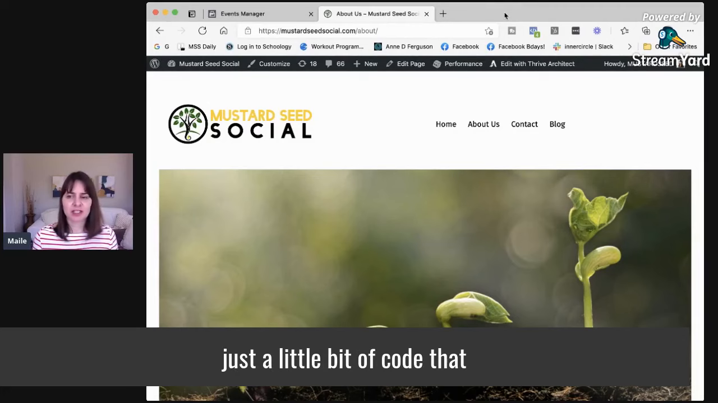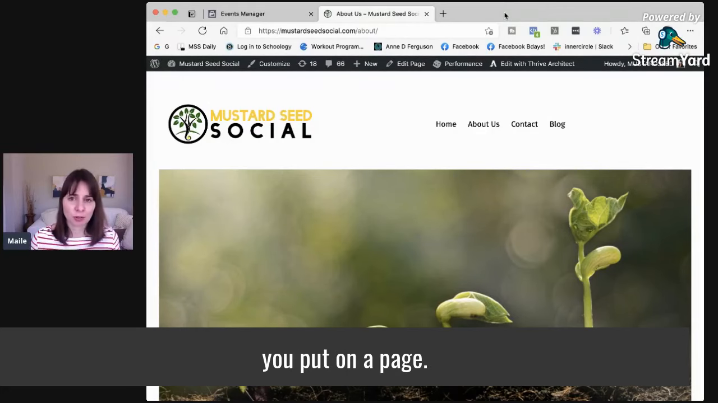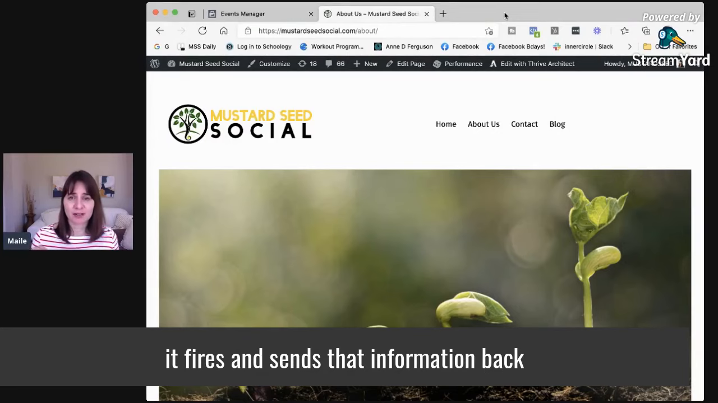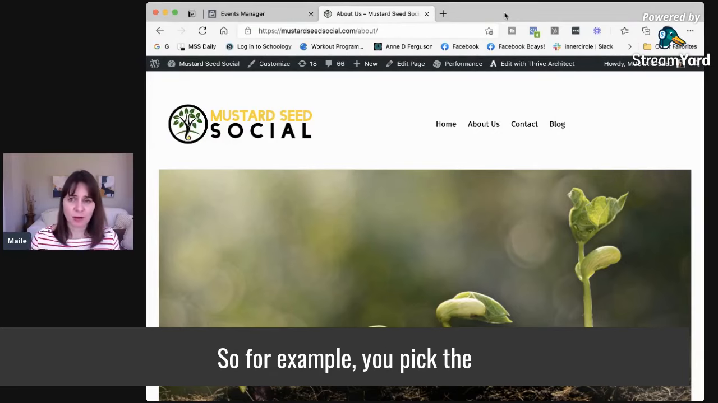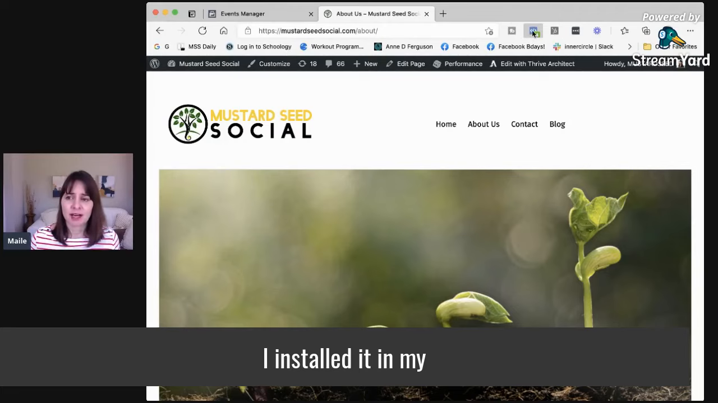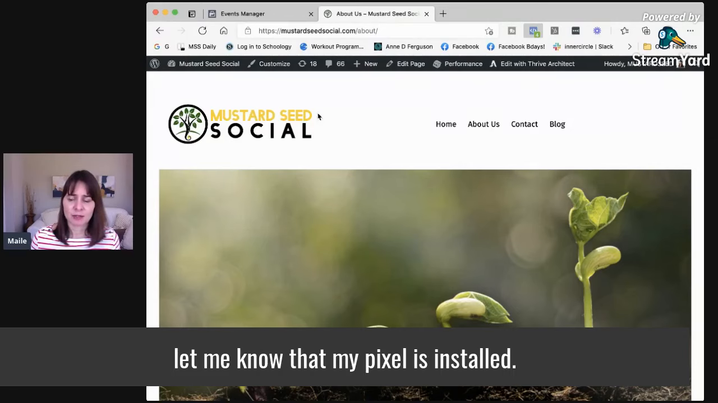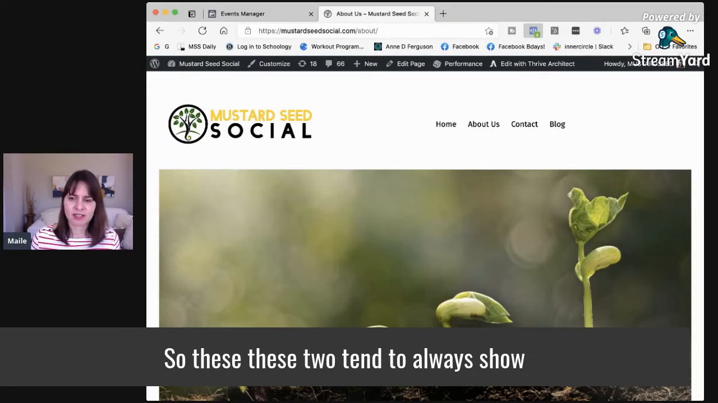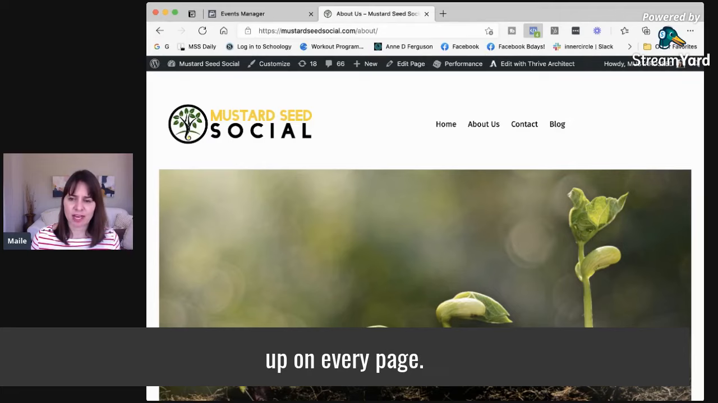An event is just a little bit of code that you put on a page, and then when someone visits that page, it fires and sends that information back to Facebook. So, for example, you pick the name of the event. So here's the Chrome Pixel Helper. I installed it in my browser to let me know that my Pixel is installed, and then I added this event, view content. So these two tend to always show up on every page, but here's an event, a little